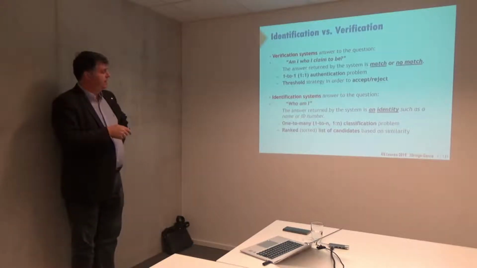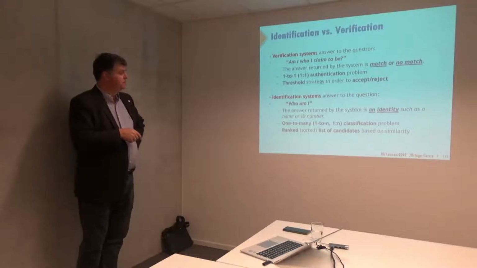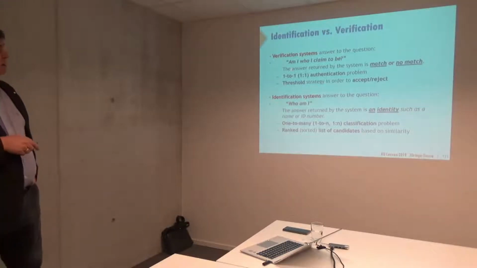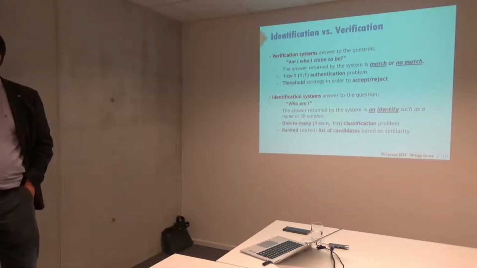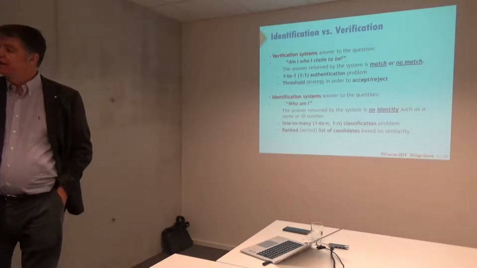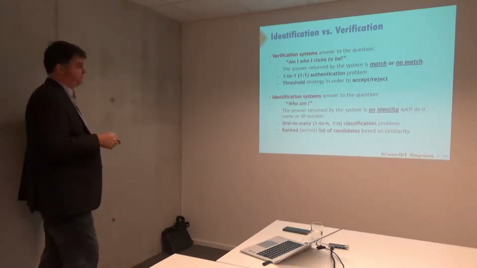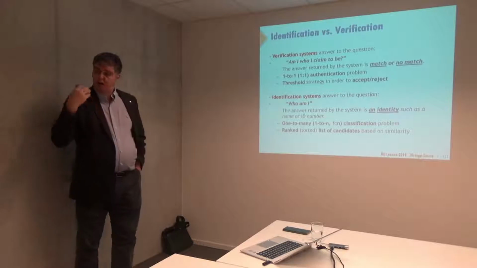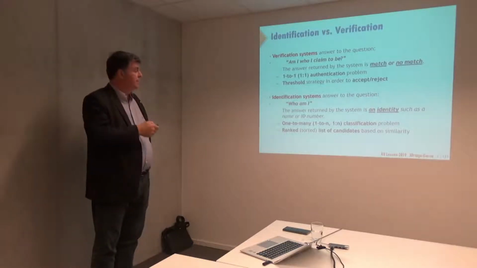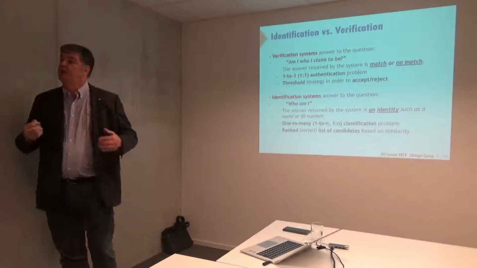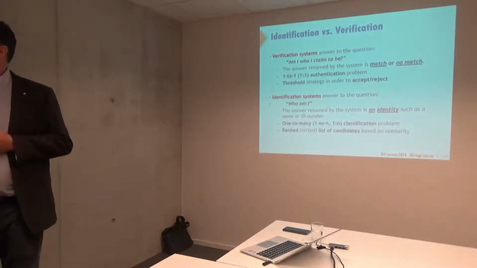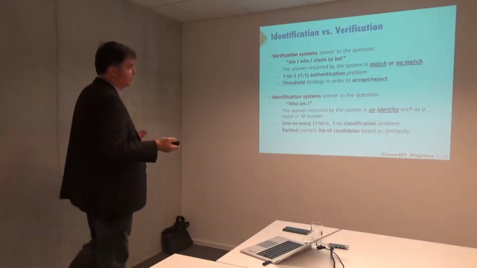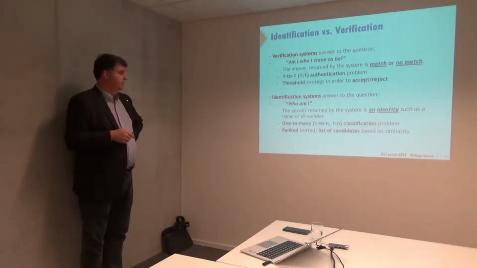We always make the difference between verification systems and identification systems. Verification is a one-to-one system. Am I who I claim to be? So there must be a claim, and then you verify whether the claim is correct or not. This is verifying identity. So there is a match or no match as an output, and you must set a threshold on the score that the system is producing. You have to put a threshold and then decide whether the user is or is not who he or she claims to be.